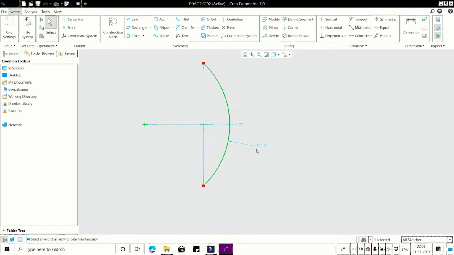See, you can give the radius 3 and you can give the distance from the center point to the end point of this curve.